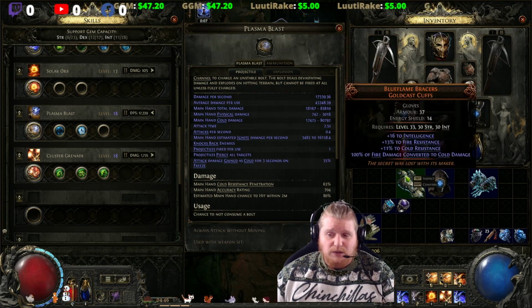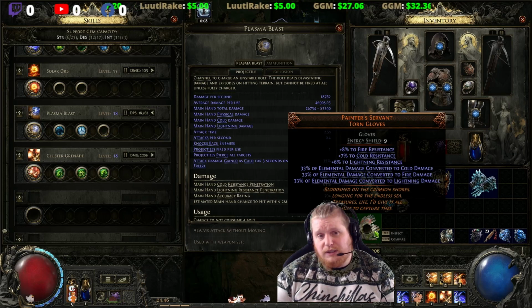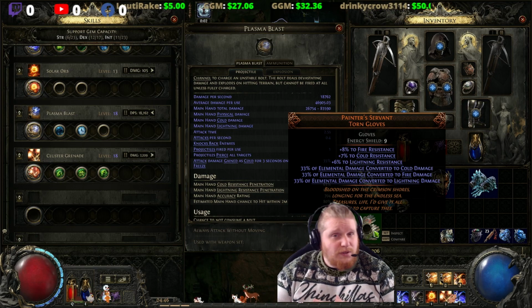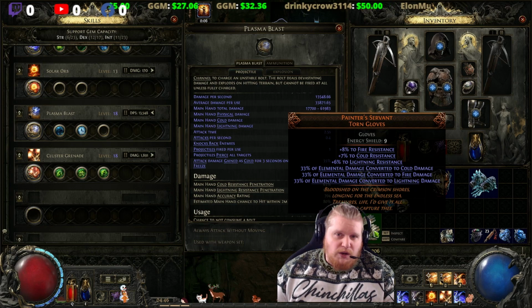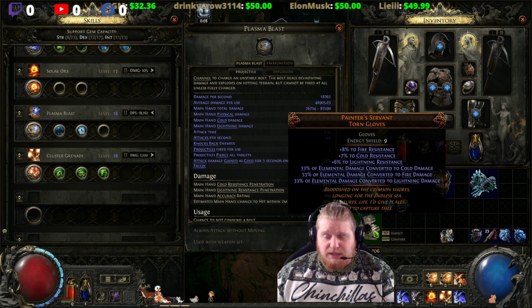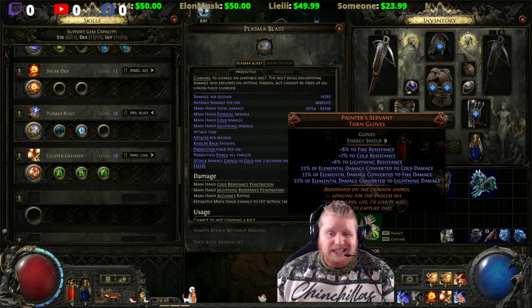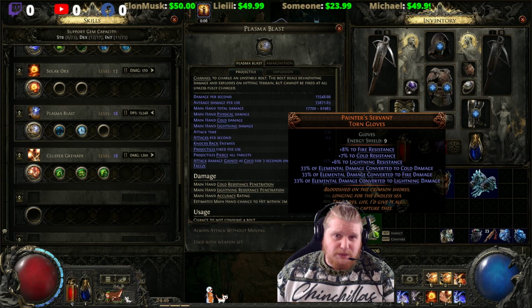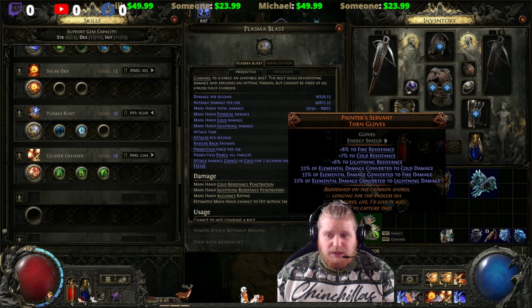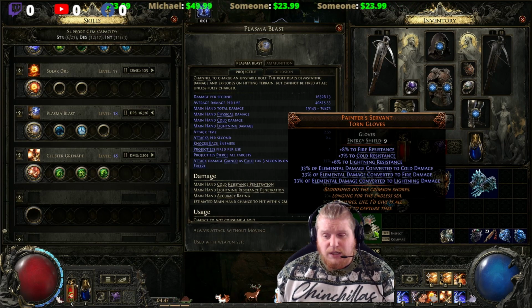So the more damage that you dish out with some of these abilities, the more damage you're going to do in general with your ignite. Now, the Painter's Servant Gloves unfortunately makes that bad, because now you're going to lower your fire damage, which means you're also going to lower your ignite, which is unfortunate. So while they can have some good benefits, like allowing you to dish out all elemental ailments with one particular ability, they also provide a negative, which is lowering the magnitude of those ailments, which means that they may last longer or a lot less time, or they might be harder to build up on a target, depending on what's going on. In my experience, I've had some fun with them, utilizing them to get free ignites and free